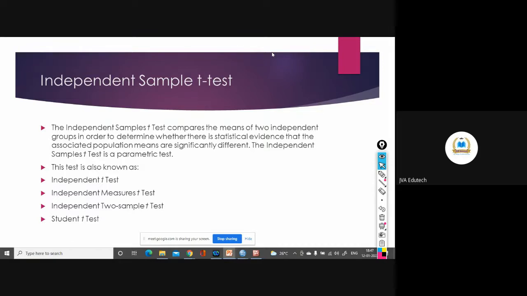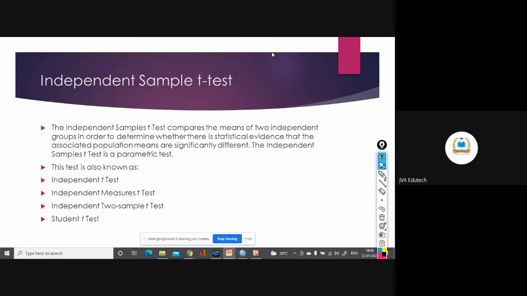In the one sample t-test, we only tested the sample mean against the population mean. Here our samples come from two different populations, and we are trying to measure whether, on a particular parameter, the group means or population means are significantly different or the same.